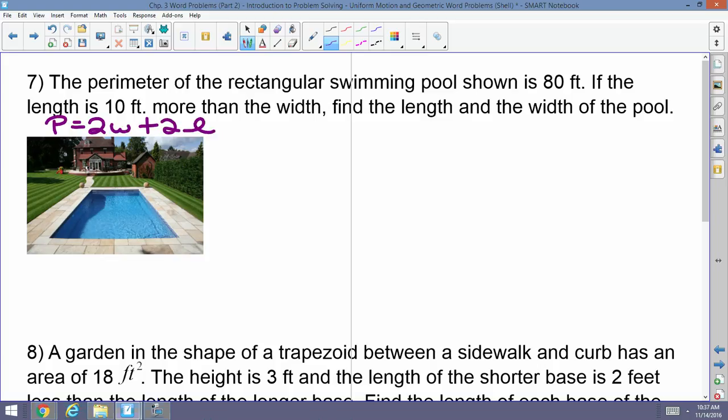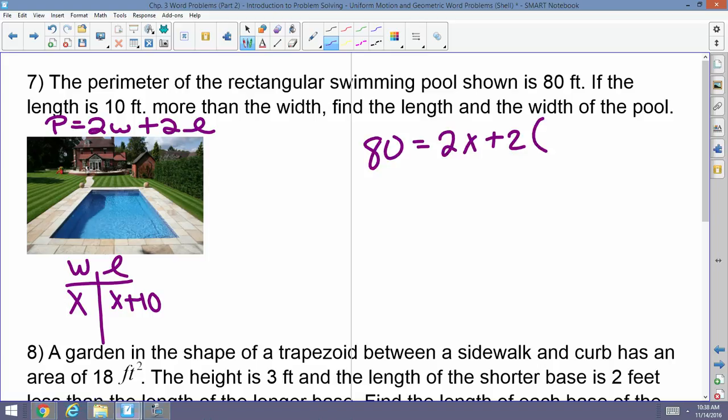Now, I know that some of you are going to be tempted to just plug in and plug in and plug in without thinking. Make a table, please. They gave you information about the width and the length. What information did they give you? What do we know nothing about? The width, very good. What do we know about the length? Thank you. And now I know that the perimeter, which is 80, equals 2 times width plus 2 times length,